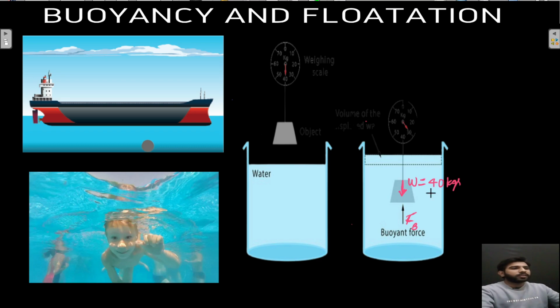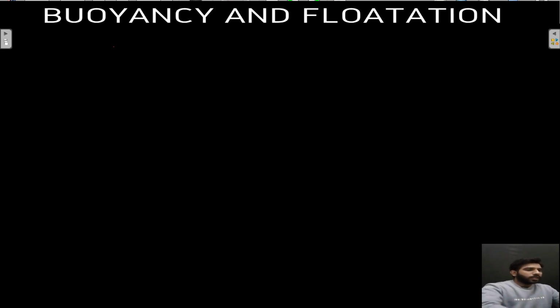Now we know the magnitude of W, that is 40 kgs. But what will be the magnitude of buoyant force? Let us calculate the magnitude of buoyant force. In order to calculate it, we need to consider an equation which is given by Archimedes. Archimedes is a scientist who discovered the phenomenon of buoyancy. So according to the equation given by Archimedes, the buoyant force